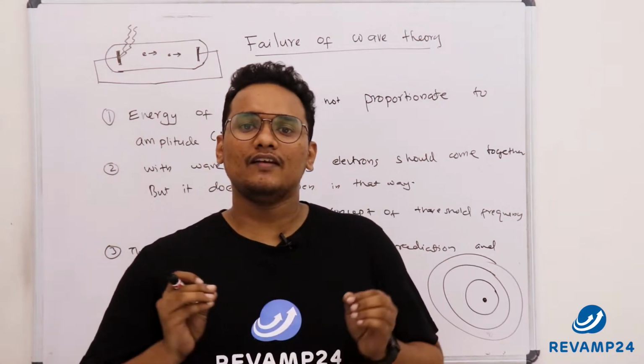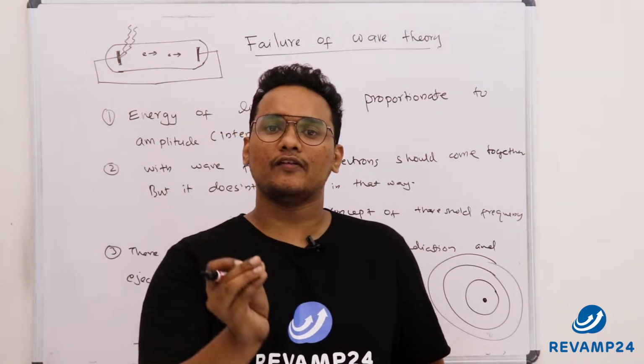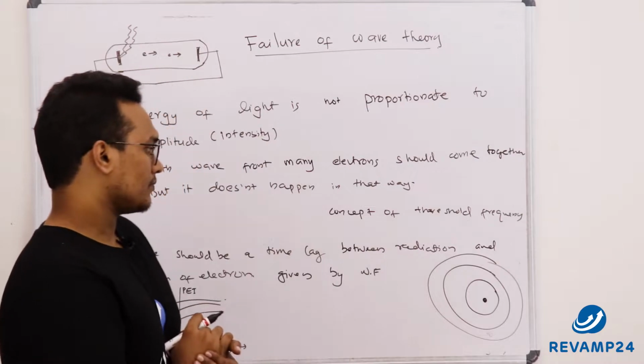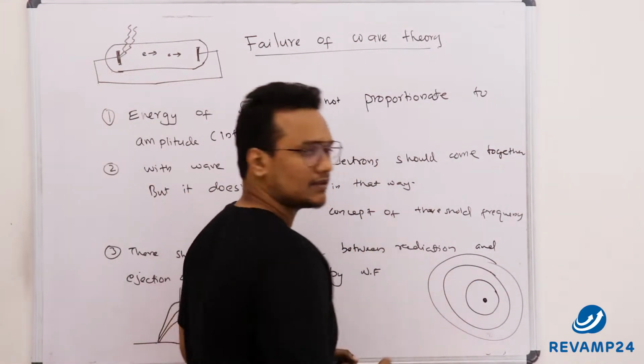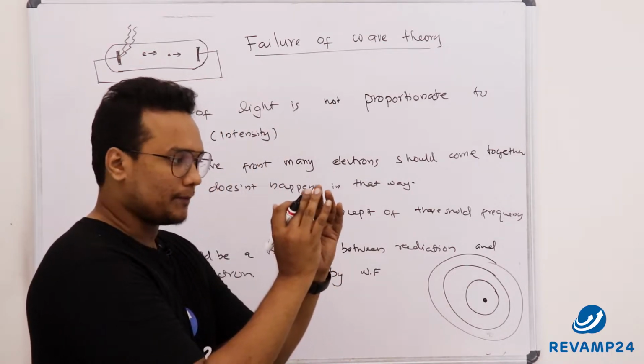In this video, I will explain the failure of wave theory. As per wave theory, we have learned that from a source, the light will be propagated